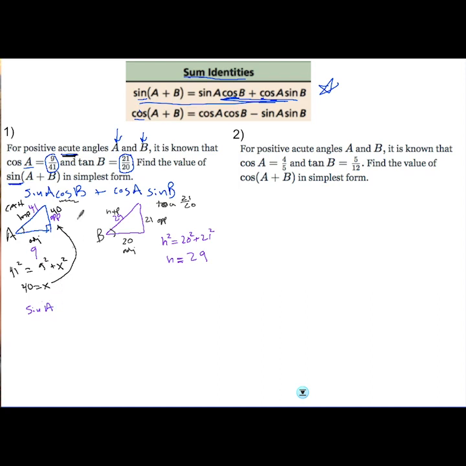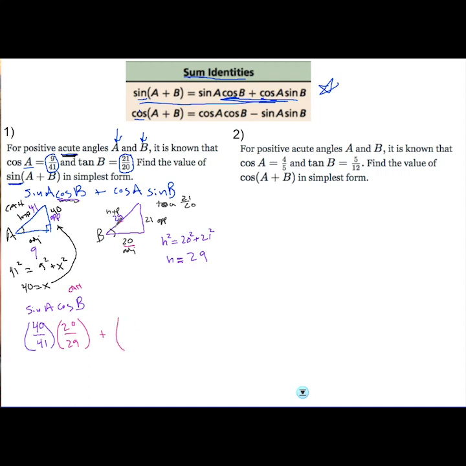so SOH, opposite over hypotenuse, so that would be 40 over 41, multiplied by the cos of B. Cos of B is here, so if you need to, help yourself out, is CAH, adjacent over hypotenuse, and then the formula says plus,